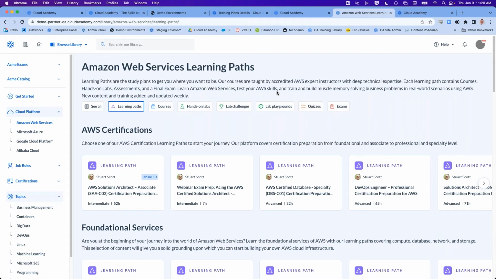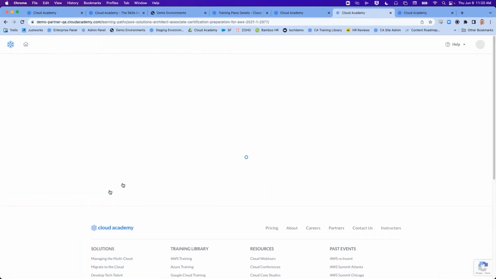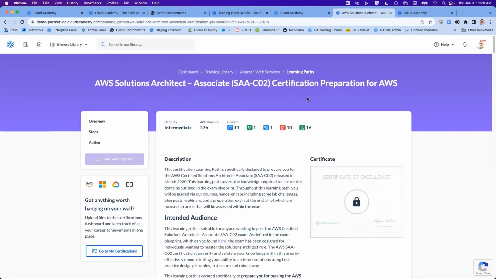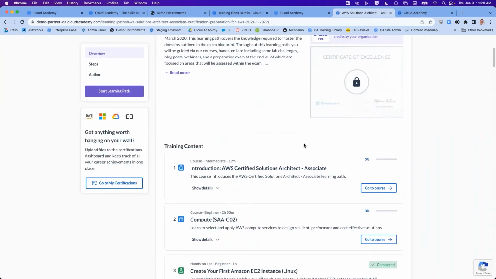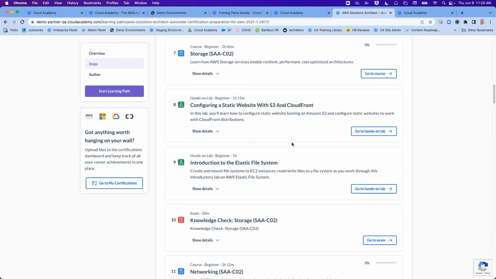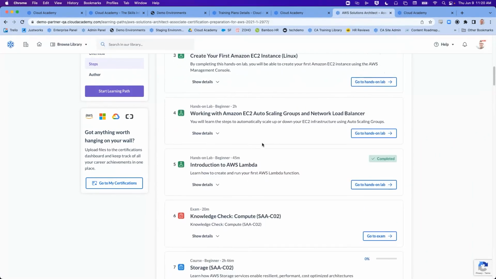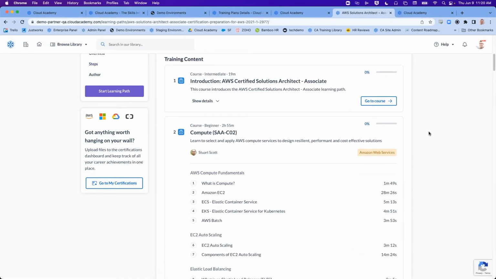So all of these different learning activities come together within what we call a learning path. As a reminder, the training plan was how we set expectations. A learning path is simply how we organize all of our learning activities in stepwise order on a given topic. Technically, this follows a learn, do, and validate. Learning is happening within the courses.